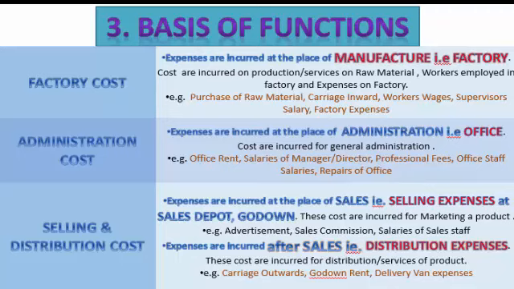So the basic category of all the costs together is either factory, at the place of manufacture, or administration, at the place of office, or selling and distribution, at the place where the sales depot or godown is situated. Now this classification is very important to know, because for TYBCom students in examinations, the majority of problems are based on classification by function, and nothing is difficult if you understand the main theme of the basis of classification by function.